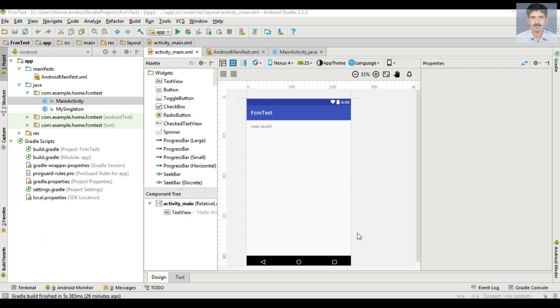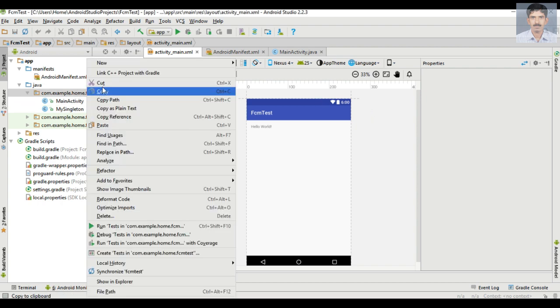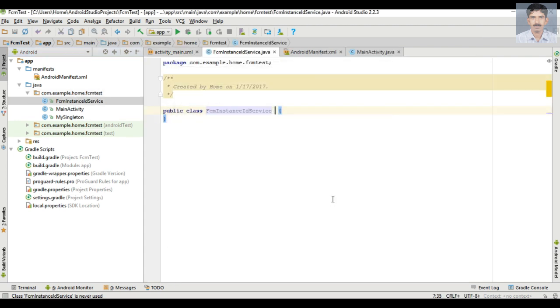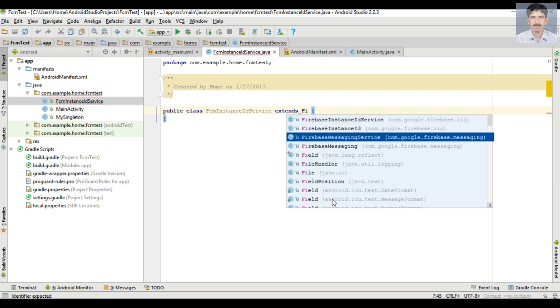Now here we need to add two services for working with Firebase push notification. So the first one for receiving FCM registration token and another service for handling Firebase push notification on a foregrounded app. So for receiving FCM registration token, you need to create a service that extends FirebaseInstanceIdService. So create a new class with the class name FCMInstanceIDService. And this class extends